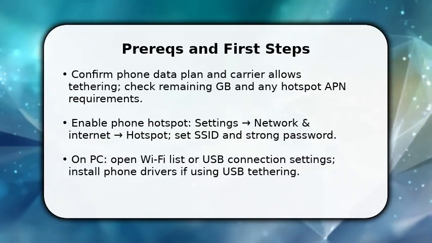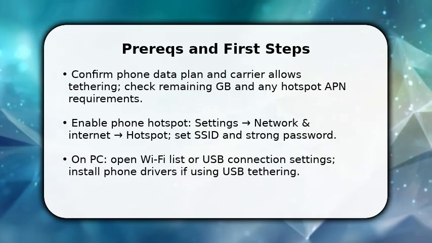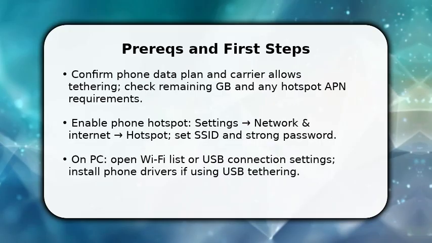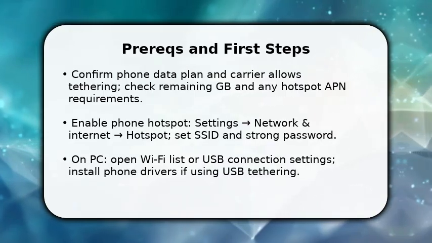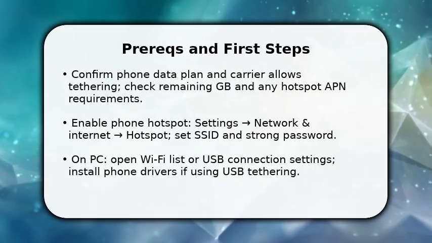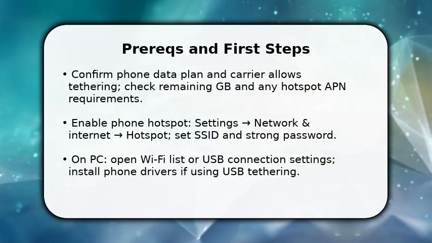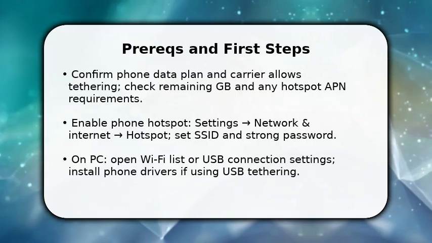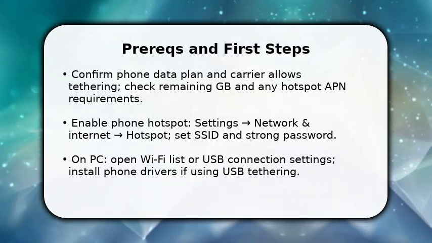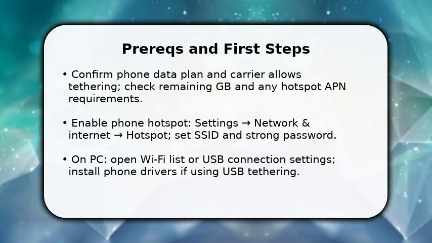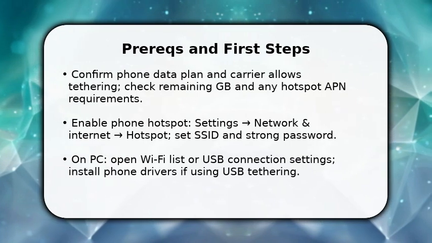You're starting with the essentials. Make sure your phone plan permits tethering and you have data left. Once that's confirmed, enable the hotspot on your phone, create a recognizable SSID and a strong password so devices don't connect accidentally. Meanwhile, on the PC side, open the Wi-Fi menu or prepare a USB cable. If you'll use USB tethering, install any required phone drivers now, so the system can detect the device immediately when